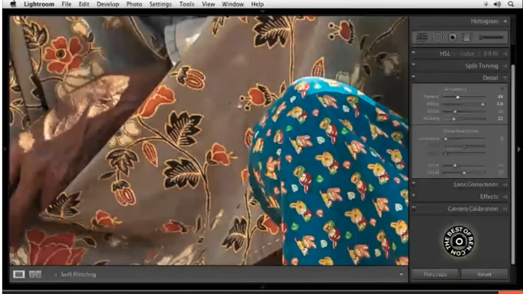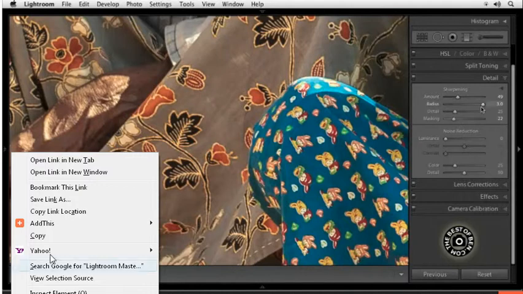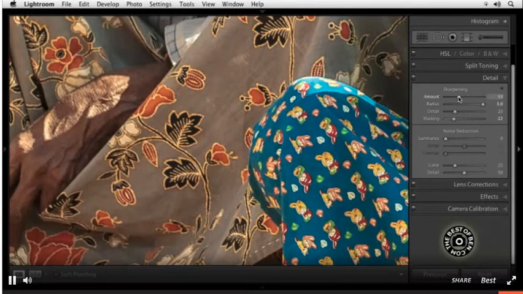I don't know if you can see the difference right here where this texture is. Right now I can see the little folds that are in the fabric in this area. If I have my radius up and then I'm just bringing my amount